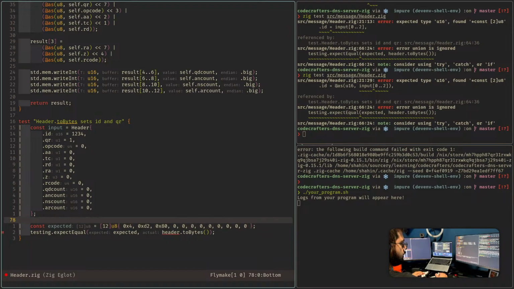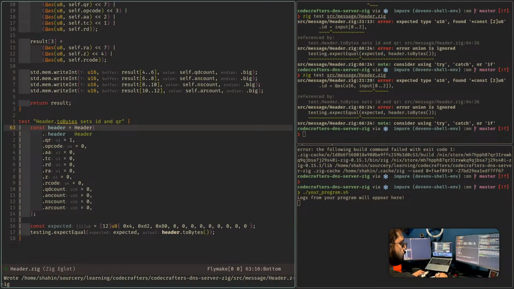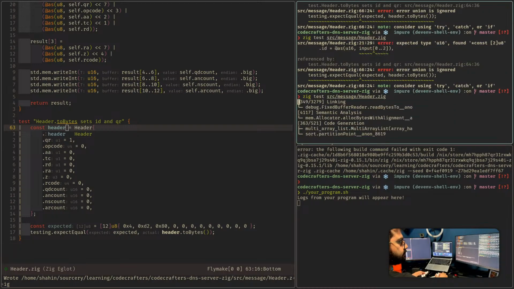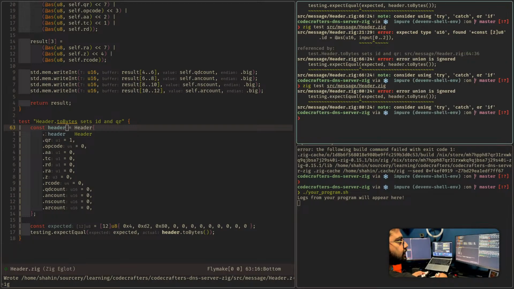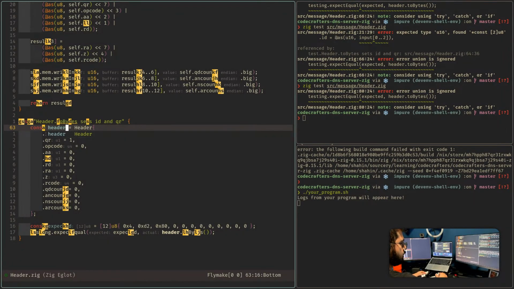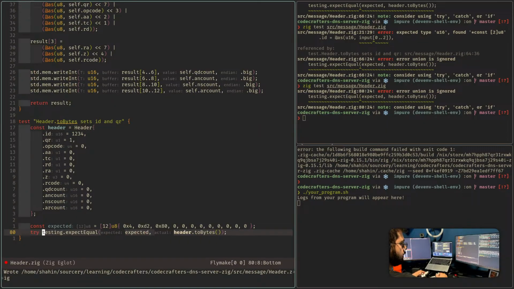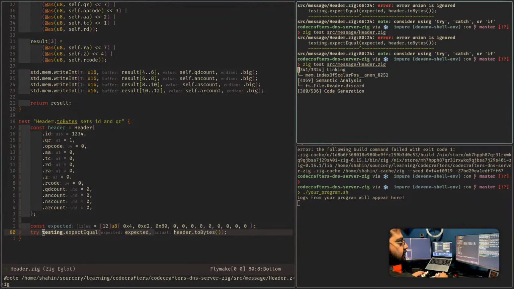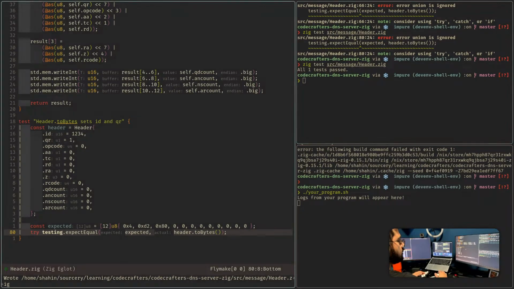Forget this. Yes, it's going to be like this. Okay, this is passing. So we have a 2 bytes method that works,